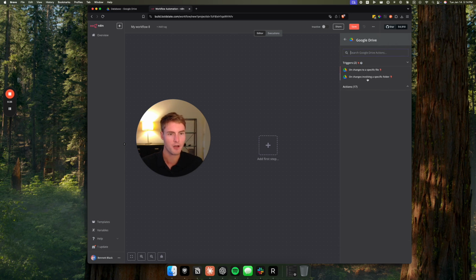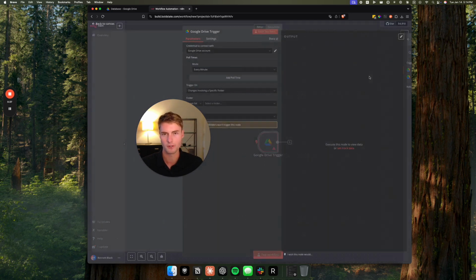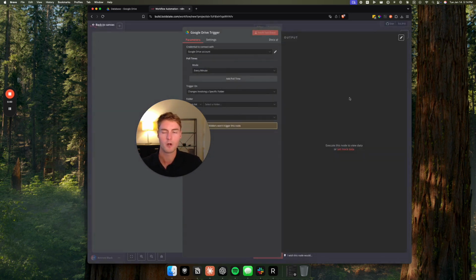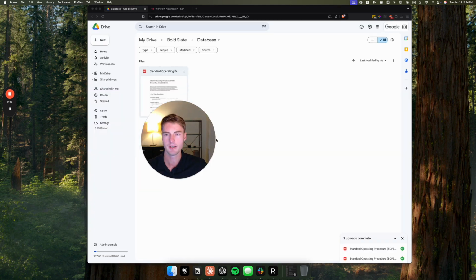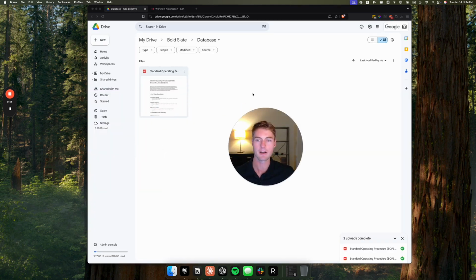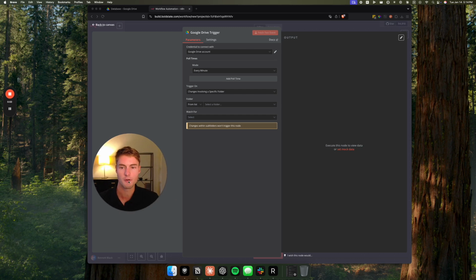What I'll do is on changes involving a specific folder. So we're going to have our own folder. I'm going to call mine a database pretty much. And this won't be the entire file store of my entire company, right? I want to be specific on what I actually give this in this use case. So what I'll do is I'm going to have to create a credential here. This is the most annoying part because Google API is kind of hard to get around,